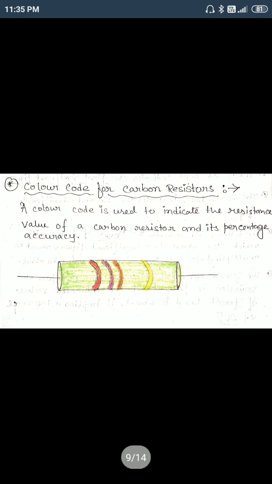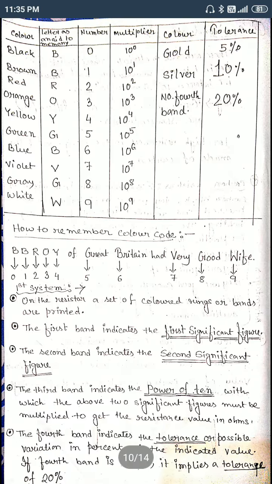Now here, the first ring, that red color, is called the first ring or first band. The second is called the second ring or second band. The third is called the third ring or third band, and then the fourth band. Okay, left to right, not right to left. Always, when you find out the value, go left to right. So this has some meaning.